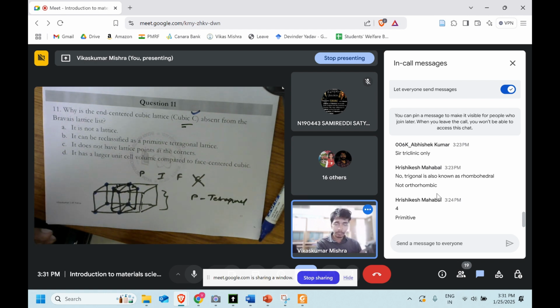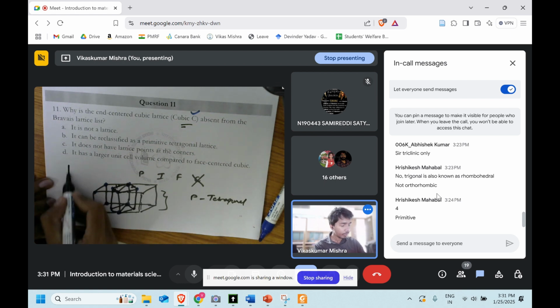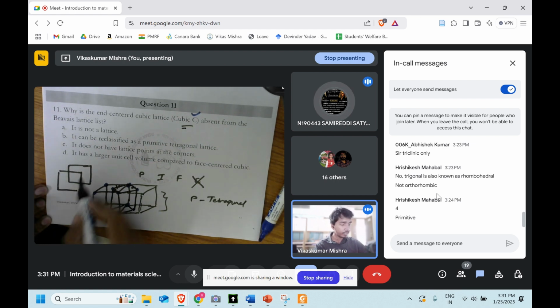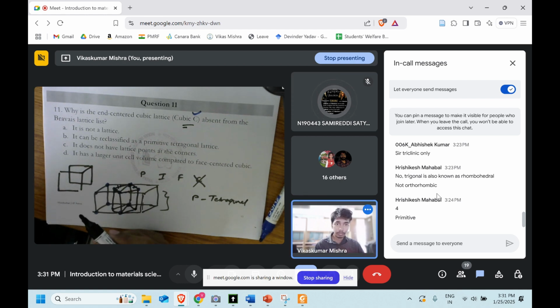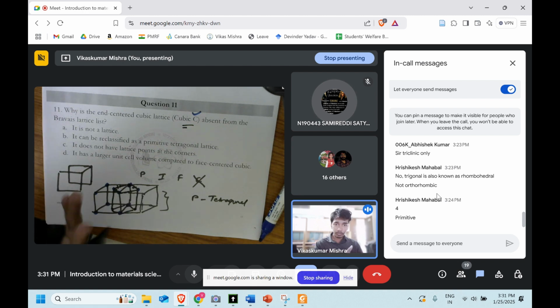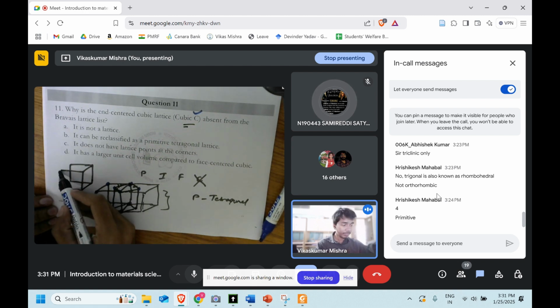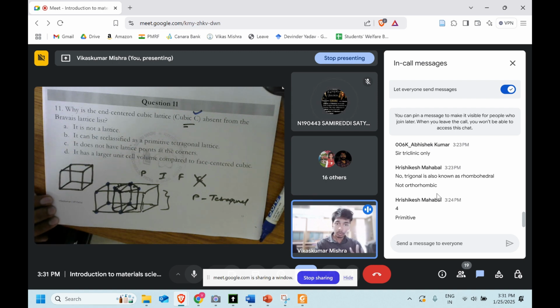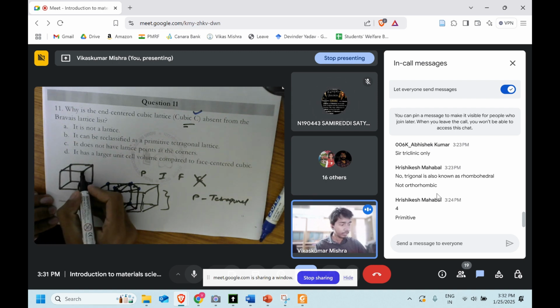And we let it undergo to the tetragonal. The reason we know that, if I see the cubic C, we know the symmetry, what kind of symmetry should a cube have? Can anyone tell me? What is the defining symmetry? Fourfold symmetry, sir. A fourfold symmetry is one symmetry. But we know that there are three fourfold axes in the cube, but the more defining symmetry for the cube is the four threefold. Threefold is the one which is passing through the body diagonal over here,